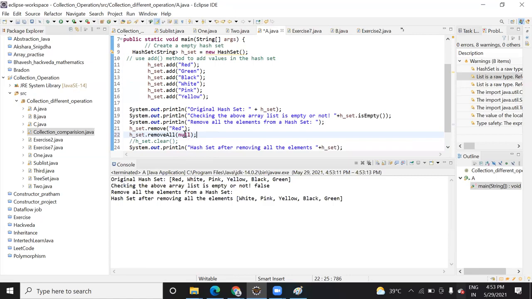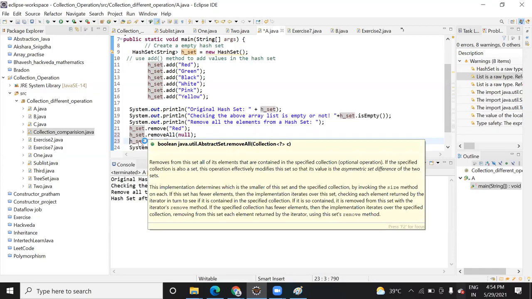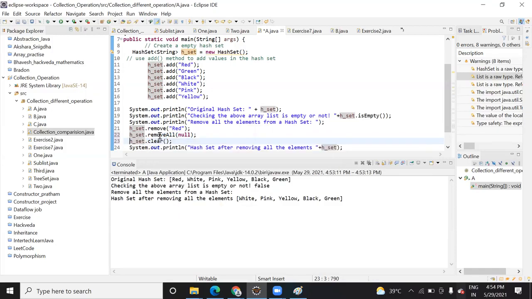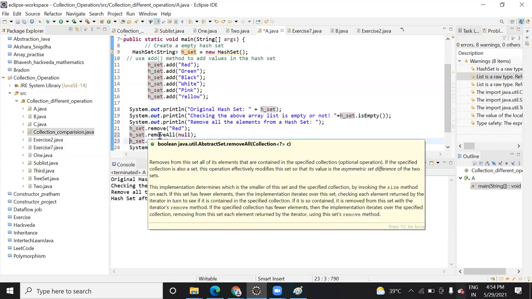And the clear function does not require any parameter. So that's the reason there are different ways of removing an element from the set. Either you can use remove all or you can use clear. But I will check once again. Let me check it.